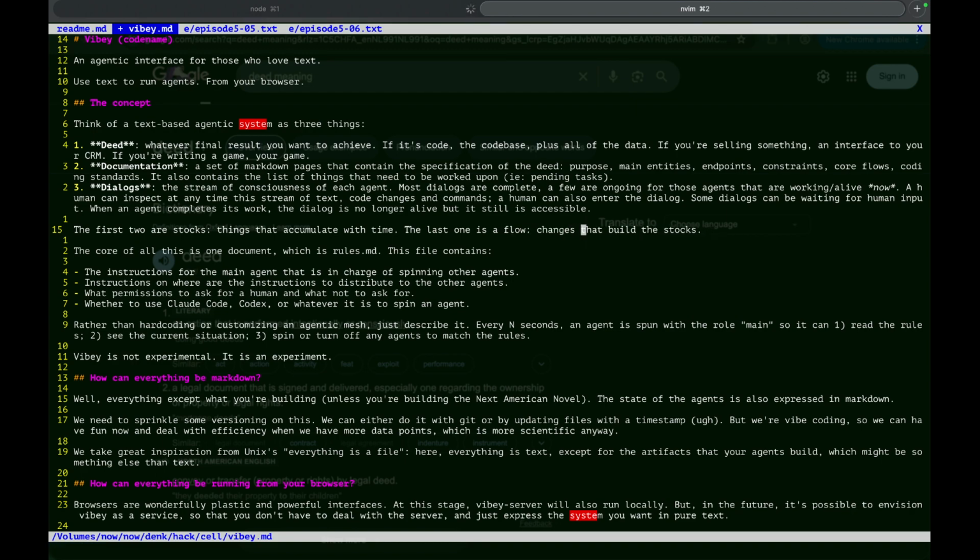Changes to the deed and the documentation.